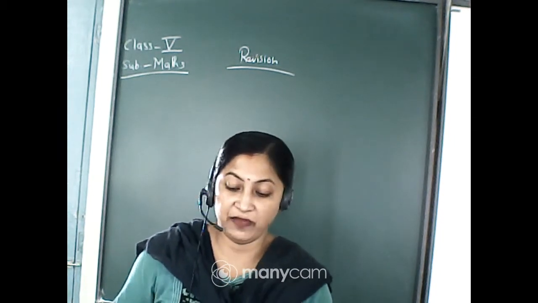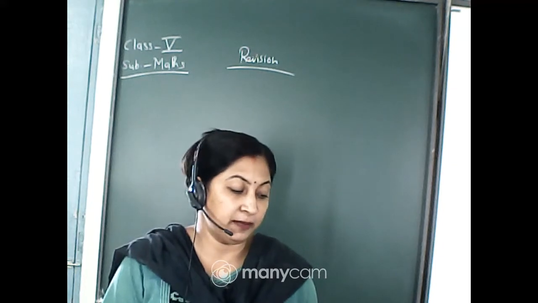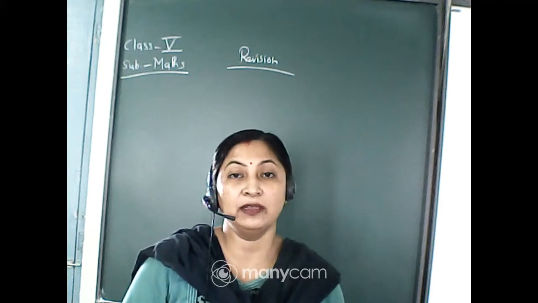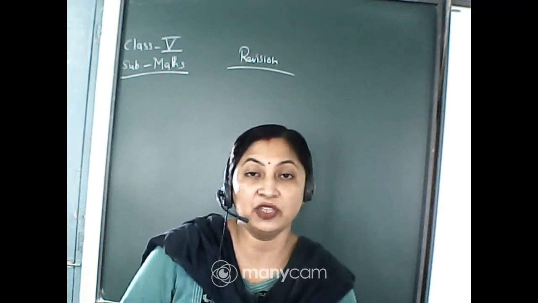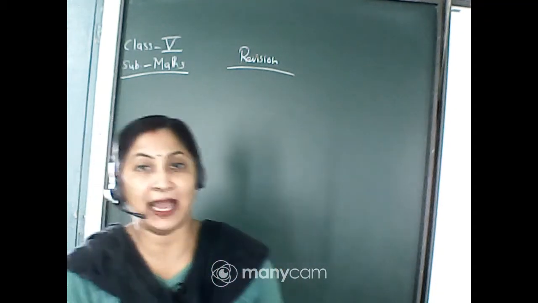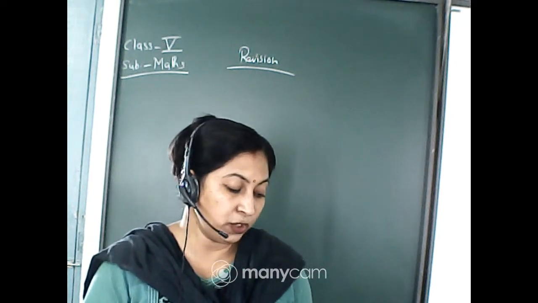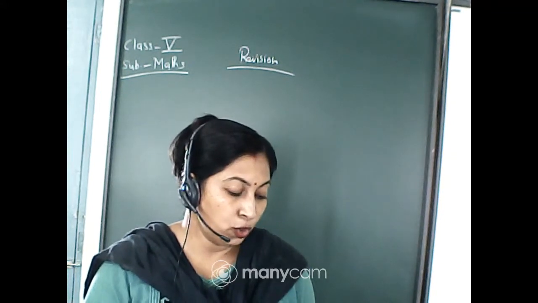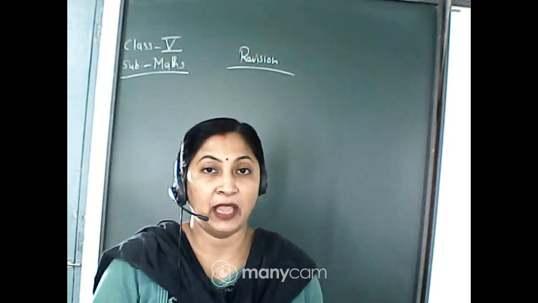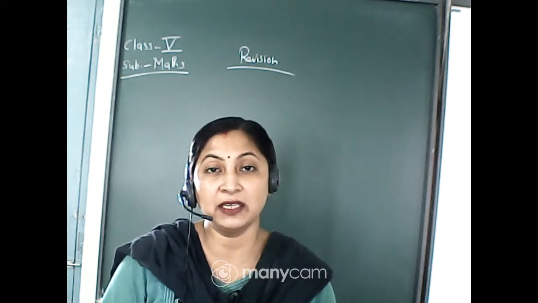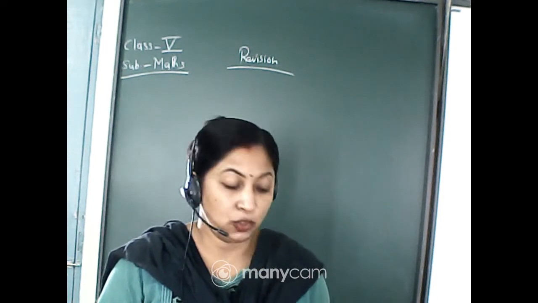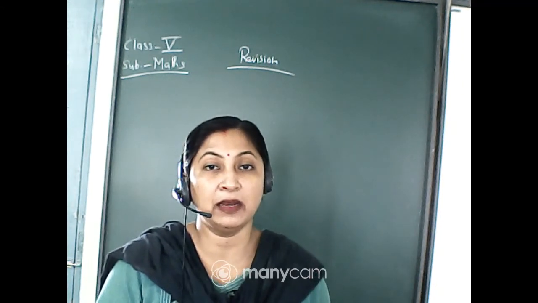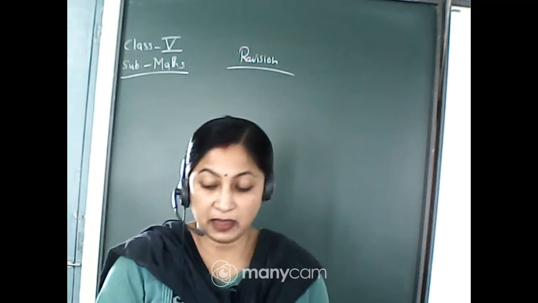The first question is given. Tick the correct answer. Number 1. Area of rectangle is. Now here three formulas are given. You have to say which is the formula of area of rectangle. Is it 2 into length into breadth, or is it only length into breadth, or 2 into length plus breadth? As you know, 2 into L plus B is the formula for perimeter. So the area of the rectangle is length into breadth. So give a tick mark in number B.